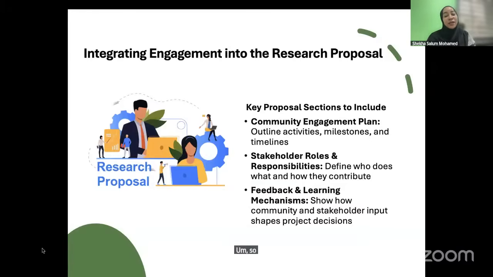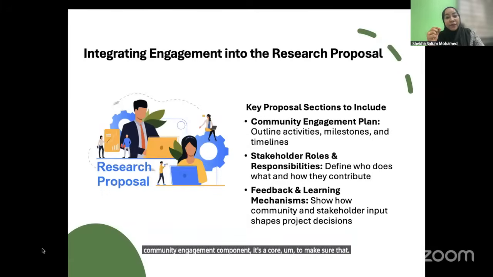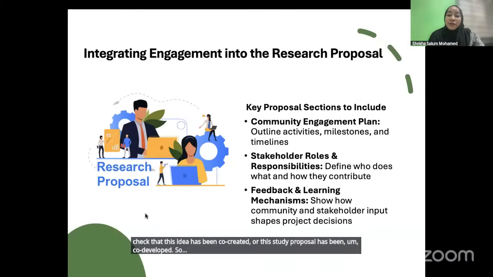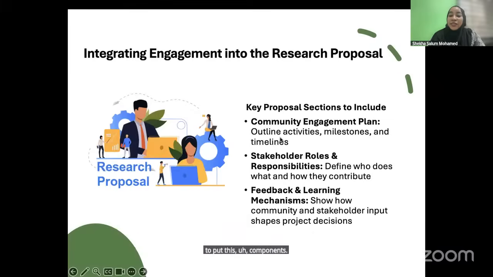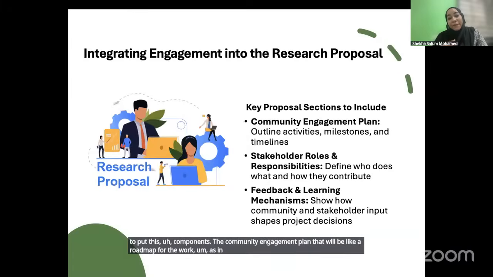So here, I would like to emphasize one thing: the community engagement component is not an add-on to the proposal. It's core, because this is where the funders or the reviewers will check that this idea has been co-created, or this study proposal has been co-developed. So it's very important to include the community engagement plan, which will be like a